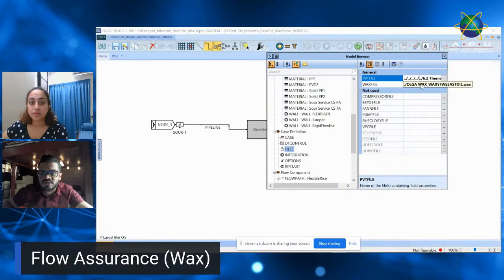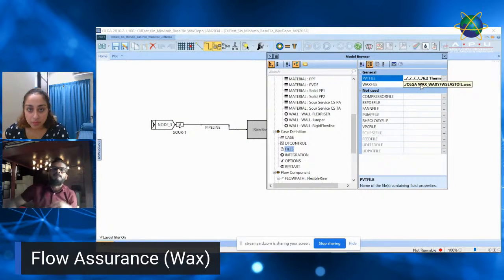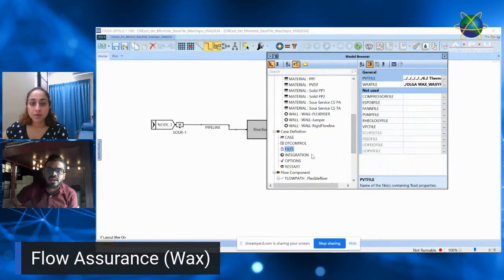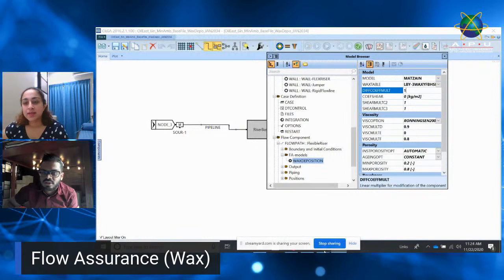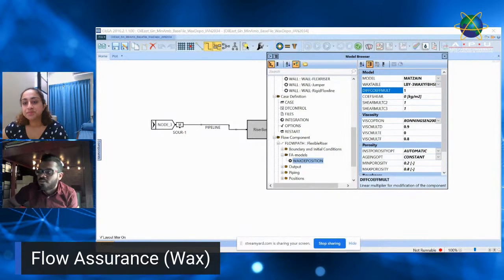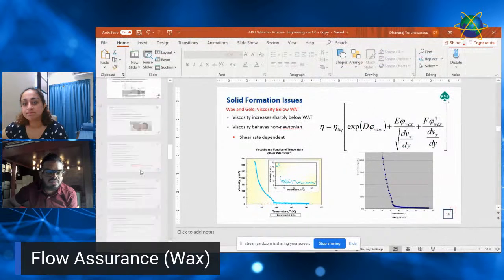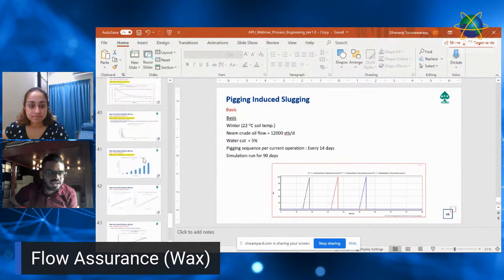The fluid file is from PVTsim, and this is the wax file. Another thing is that you need to tune the diffusion coefficient multiplier. In this case, I've used the default of 1. This one can usually be tuned. The default is 1, but for this particular field, if you look at it, I've used